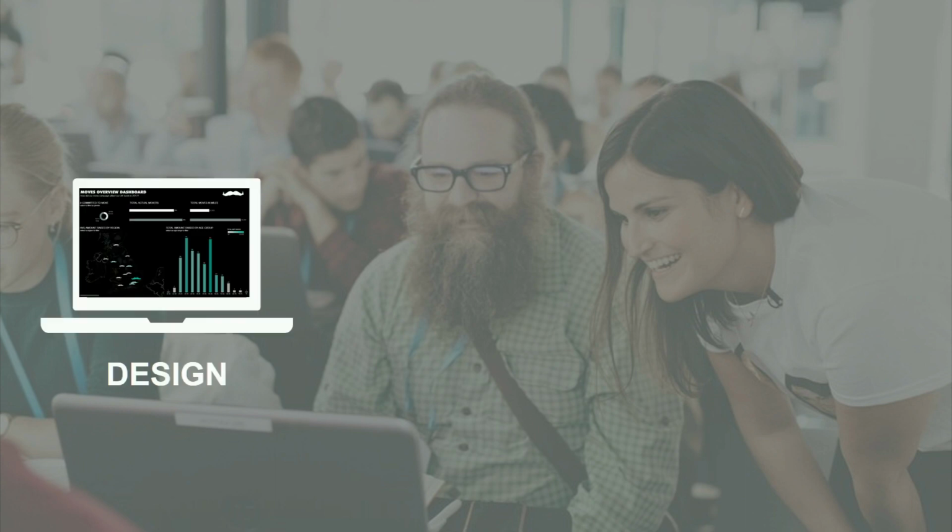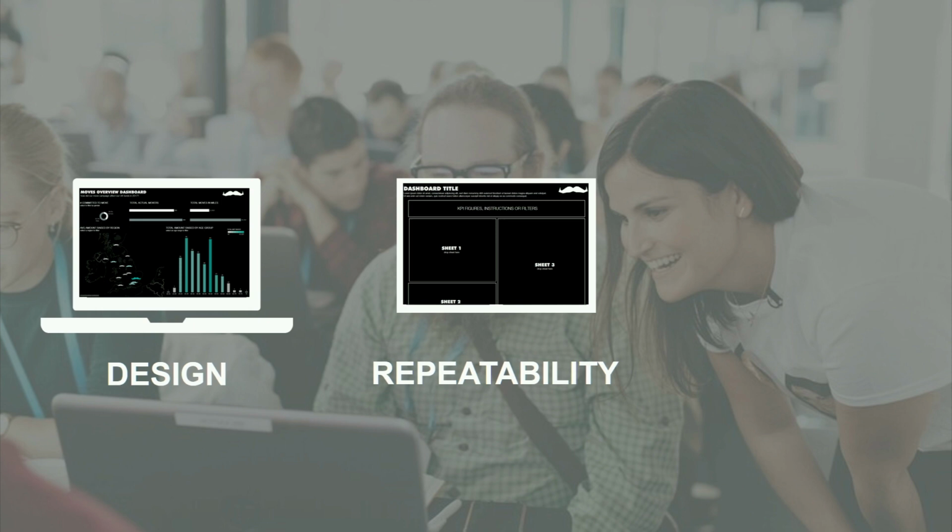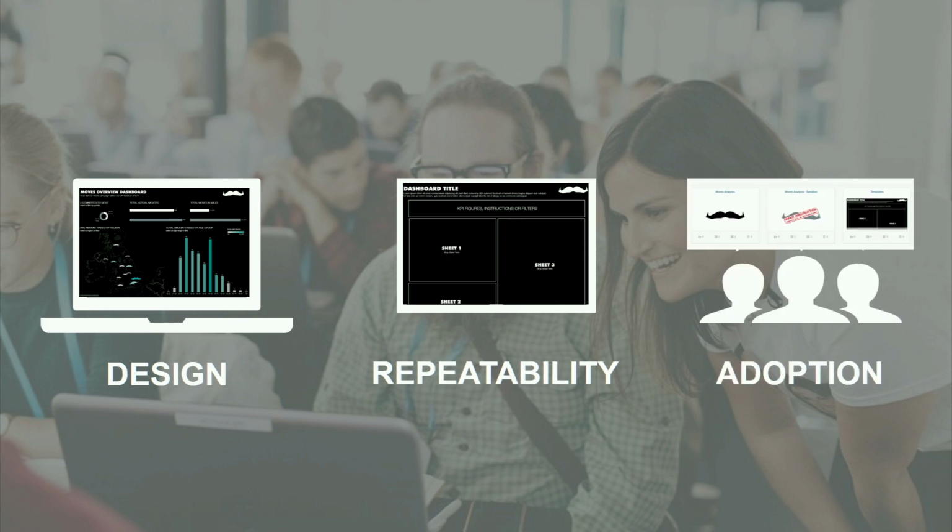Okay, let's recap what we've done and think about the 3 top things you have to remember or take away. So when we created our design in Tableau Desktop, the only thing you have to remember was format highest to lowest. Next, we looked at making this repeatable. And again, what you want to take away from this section is allowing flexibility while adhering to a certain style guide. And finally, we looked at adoption, and this is about thinking about how our users are already going to get information and how can we incorporate analytics into their daily workflow.